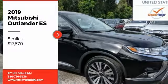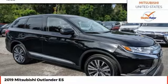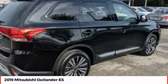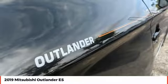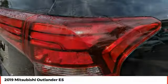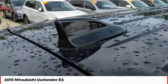Make a great choice today with the 2019 Outlander. A versatile crossover with power to spare, Outlander boasts an upgraded level of interior comfort and advanced technological features to give you control over every element of your drive. With super all-wheel control and a 5-star frontal and side impact crash test rating, peace of mind comes standard and